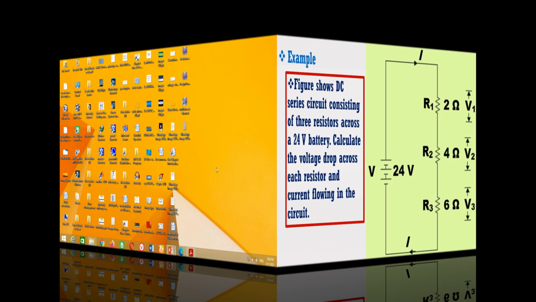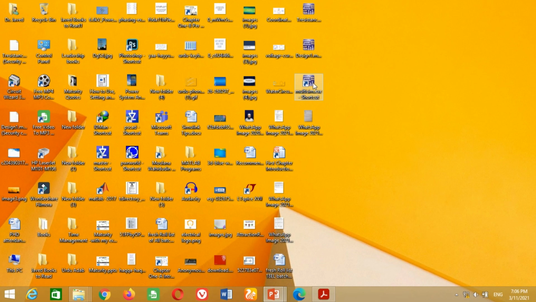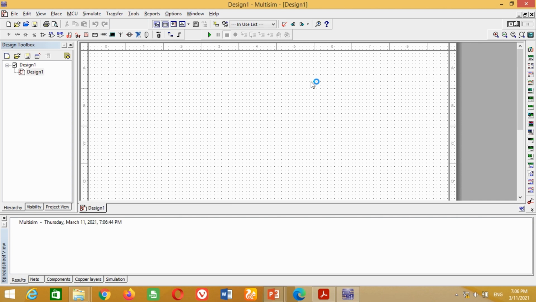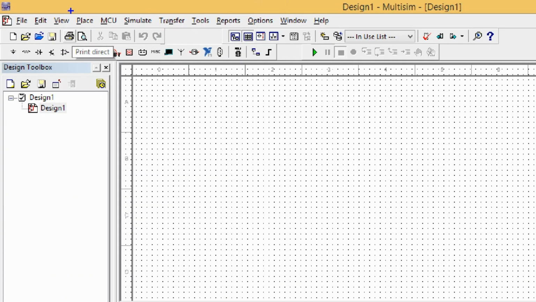Let's start. Just click on this Multisim icon to open it. As we need various components such as resistors, voltage source, voltmeter and ammeter to design the circuit, just click on this icon named Place and then click on Component.